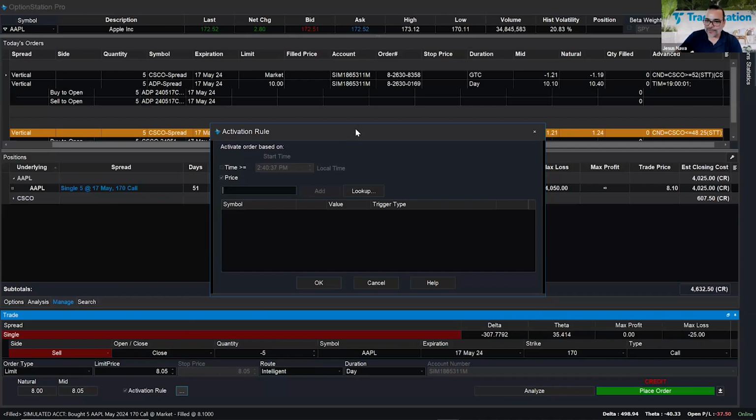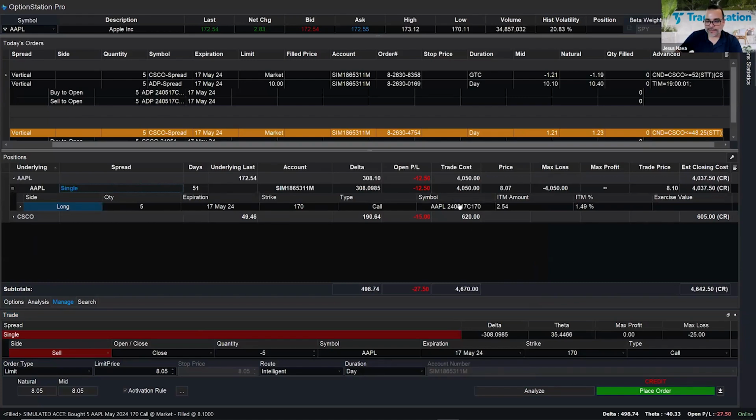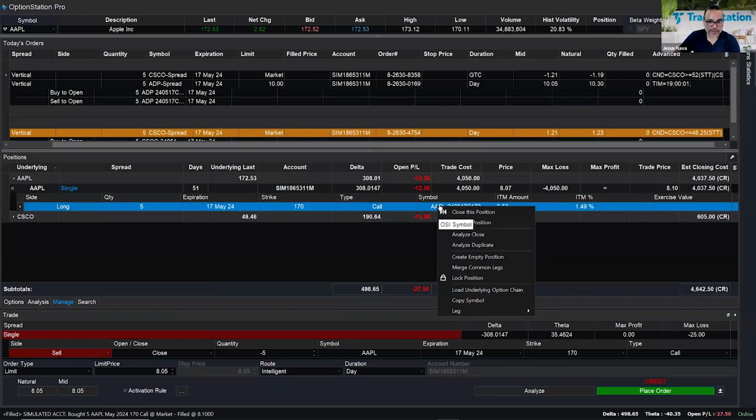Now the symbol is going to be somewhere here. Where do I see the symbol? Maybe I can just type it in. If I click on cancel out of this, here's the symbol, okay? The symbol is always displayed in the details of your position. AAPL 240517 is the date of expiration, C is the call, and 170 is the strike. A lot of times it's challenging to remember the format of that symbology. So what I do most of the time is just right-click on that symbol or that row, and I say copy the symbol, because I can always paste it